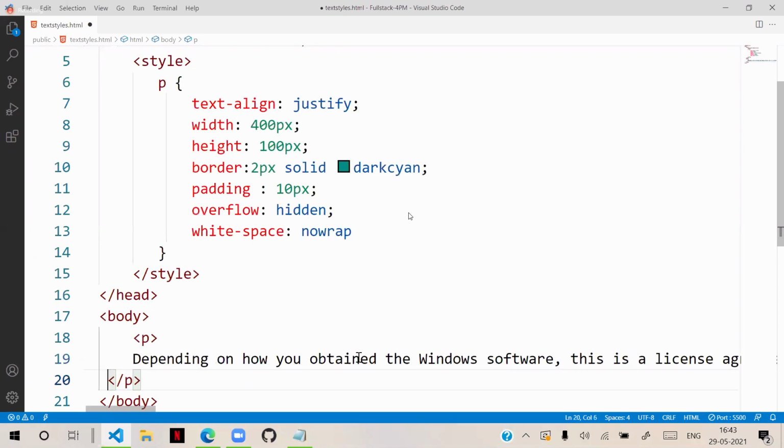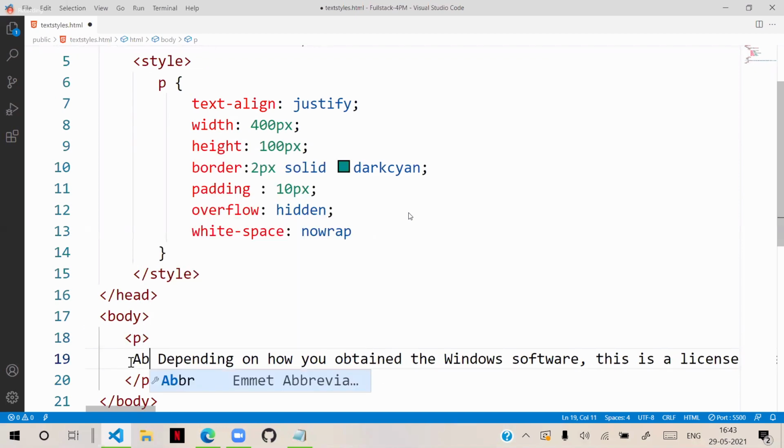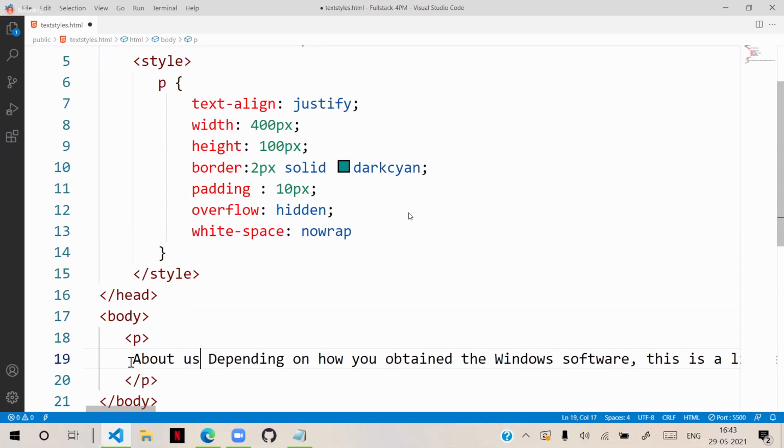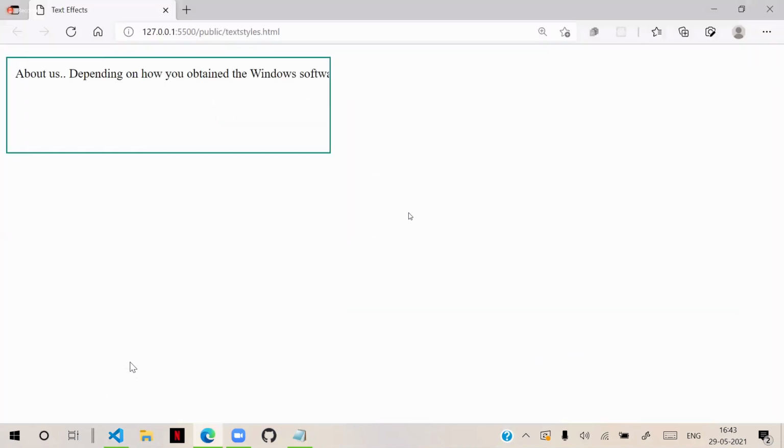Suppose we are configuring for this. I'm just writing here directly, about us, something. Usually on the right side, if there is more content, overflow means it is hidden. We want to intentionally hide. No wrap means it will continue.